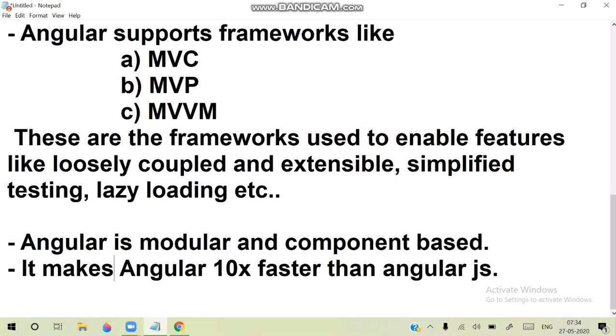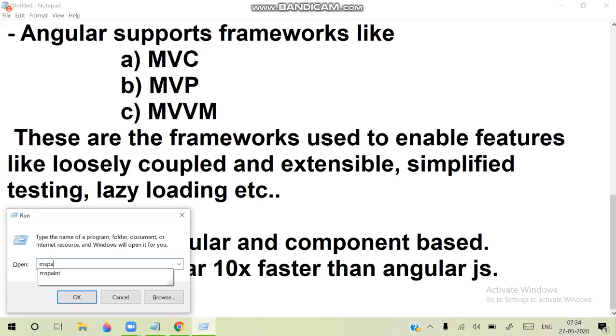So it is component based. What do you mean by component based? I will show you what is component based. I will tell you in the architecture how it is component based. We will discuss that. But a basic overview of what component based means: